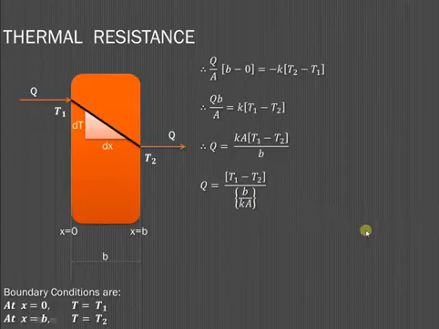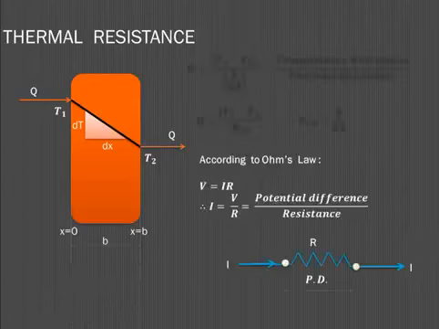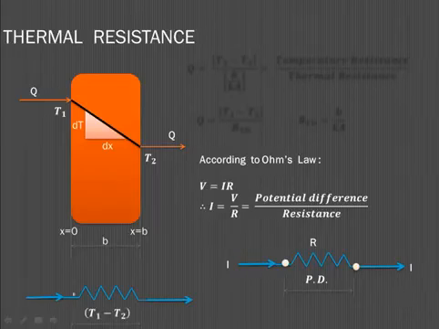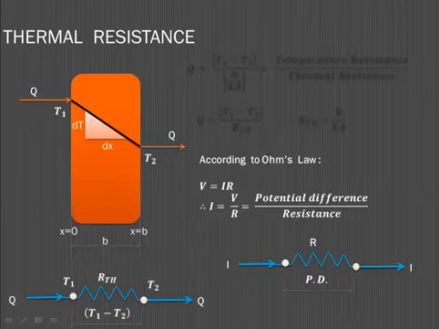Now using this, we'll try to understand what is the meaning of thermal resistance. Now we know that according to Ohm's law, V is equal to IR, or I is equal to V upon R, where V is the potential difference and R is the resistance. We can compare the heat flow through this particular slab with this equation of Ohm's law. So as shown over here,